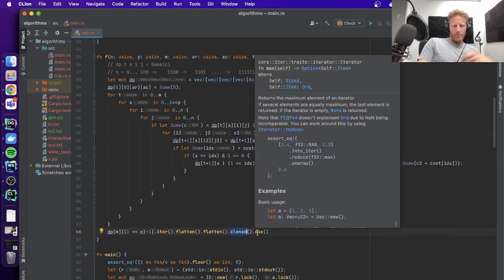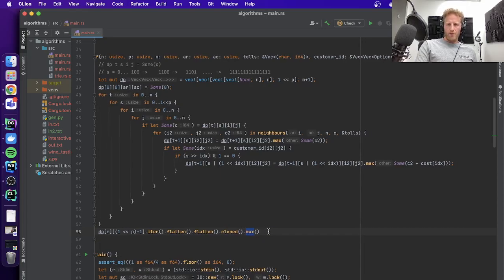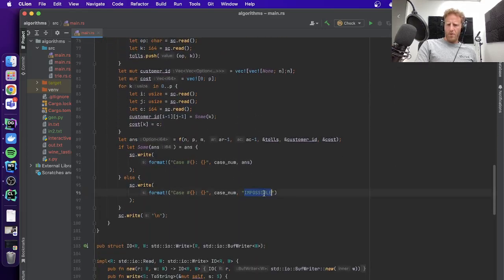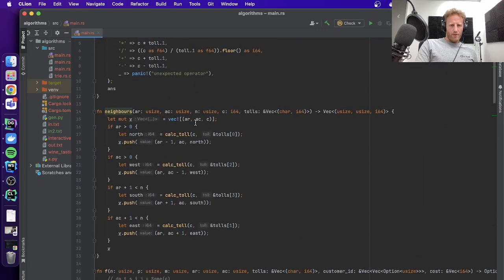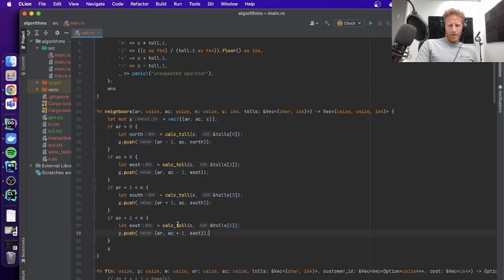And these are all zero cost abstractions in Rust, which is good. And then we're taking the max if it exists, right? So potentially there's no valid ways of delivering all the pizzas. So this might be None, or it might be Some i64, which is the maximum. And yeah, then we just print impossible if this is None. And yeah, that's it. Our neighbors function is just looking at the different directions, calculating the toll, returning the new position